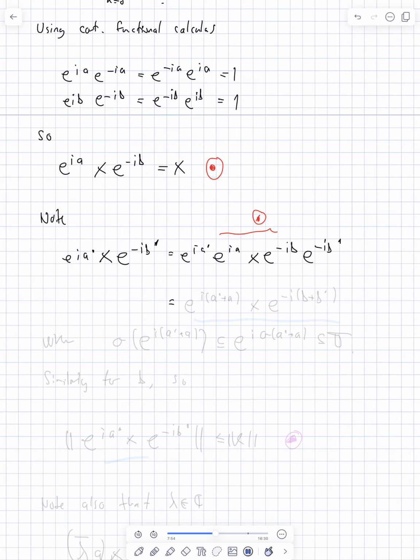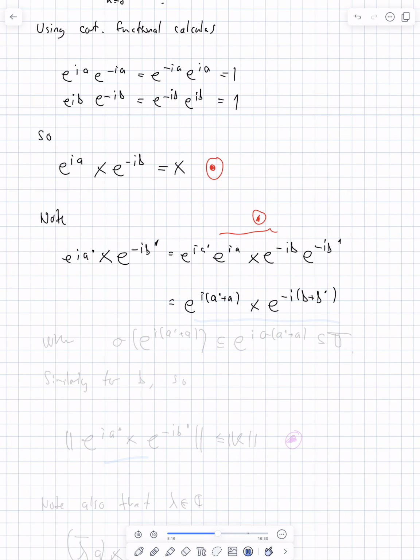And the point that I'm trying to make here is that I can actually say something about the norm of the terms to the right and the left of x, because of course they have the form e to the i(A star plus A), x e to the minus i(B plus B star), like so,